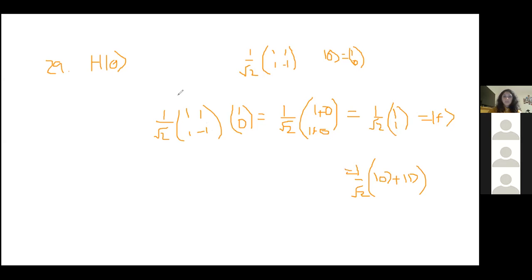So essentially what we did was a matrix vector multiplication. That was our matrix, which was H, and then we did vector multiplication, and then we've got our final answer. When do you use this operation? Well, you use this operation when you want to put your qubits in an equal superposition. So that's when you'd use this operation.